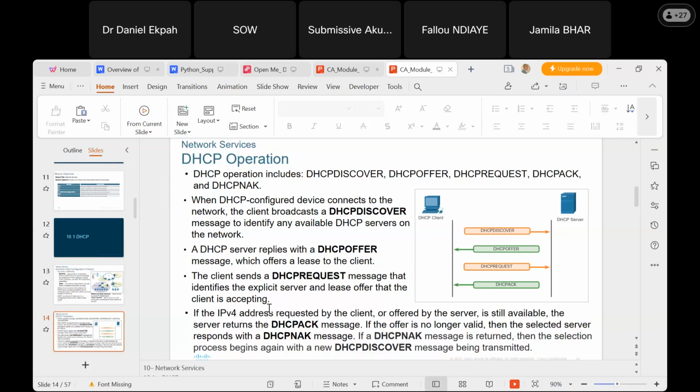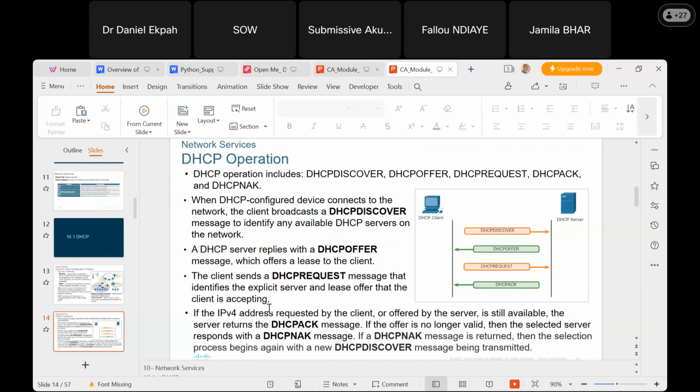has to do is there must be a broadcast, and then it has to be discovered. And when it's discovered, the server will do an offer. And when the offer is done, then the client has to send a request, in this case, knowing fully well that there's availability, that now I can make a request, and I'm sure, and that request will be acknowledged. And once that request is acknowledged, we say that if the offer is no longer valid, then the